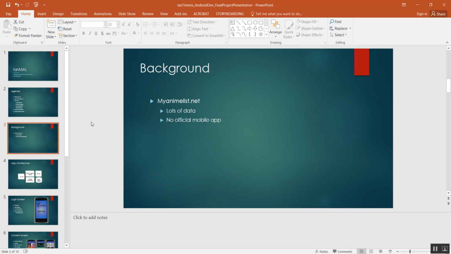So there's a website called myanimelist.net, and anime is a Japanese form of animation, so they're basically TV shows, and this website is used for people who are fans of the genre and keep track of all the shows they're watching or have seen, and they can give them ratings, etc. They don't have an unofficial application as far as mobile goes, but they do have an open API for anyone to use. So I decided to use this in my application,